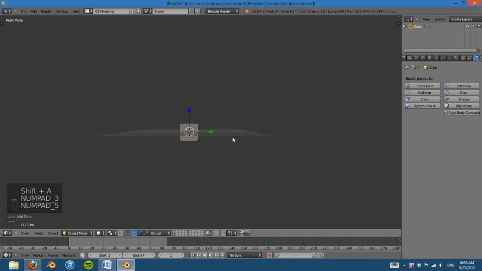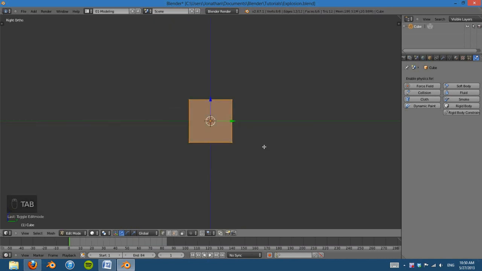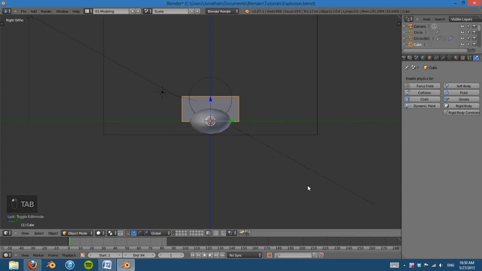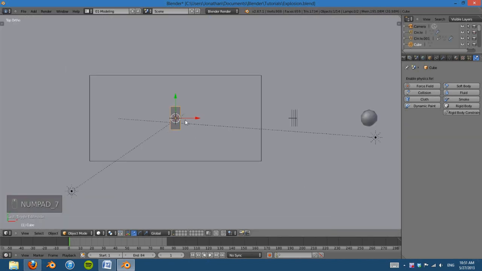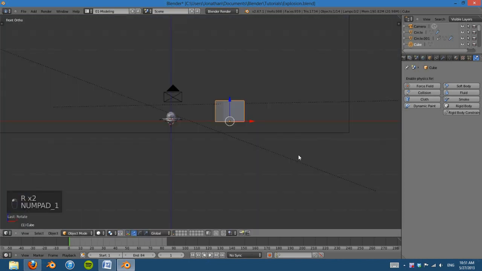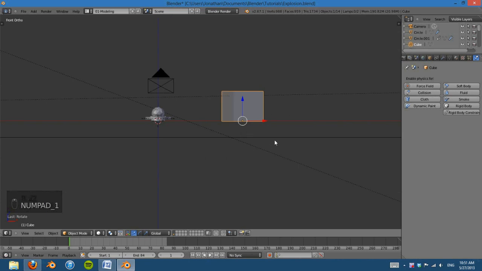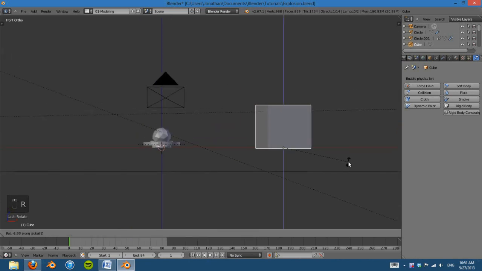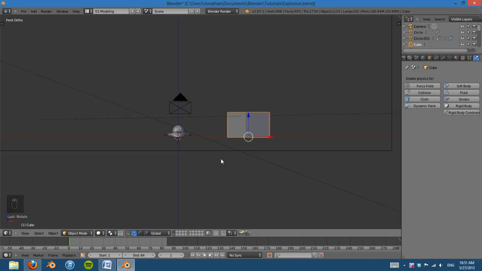Alright, so in side view and in edit mode, I'm just going to scale this along the y-axis a little bit. Scale it down, bring it up, and I'm going to pretend with my imagination that this is a truck. And what this could be is just a proxy for a truck, and what that means is that this is a very, very simple model. Obviously it's a cube, probably the simplest model of a truck you could ever get. But what you could do now is you could parent the truck to that, so as I make this a rigid body,